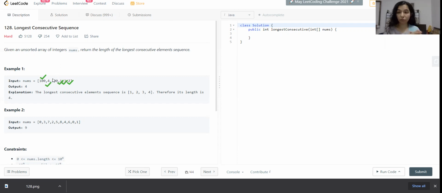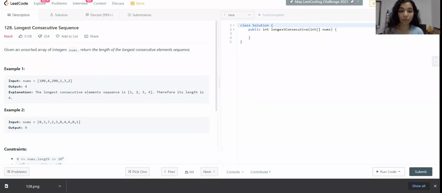Next, we want the next element, which is 200, which is not related to any of the sequences. So we take this as another sequence. So now we have 3 sequences, which are 1, 2, 3, 4, 100 and 200. So the maximum length of consecutive elements is 1, 2, 3, 4, which is 4. So we take that into account, and that is how we are going to solve this problem.